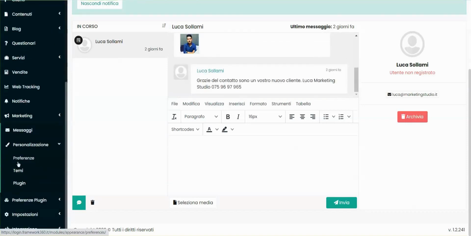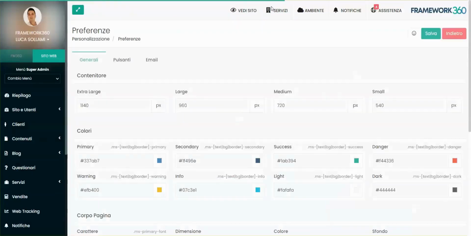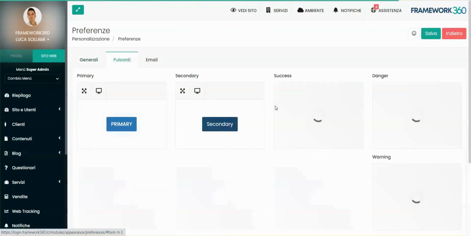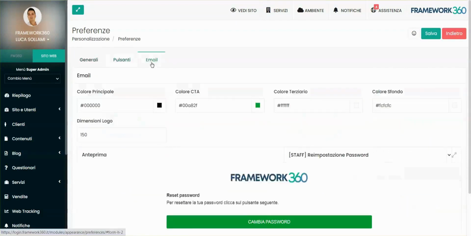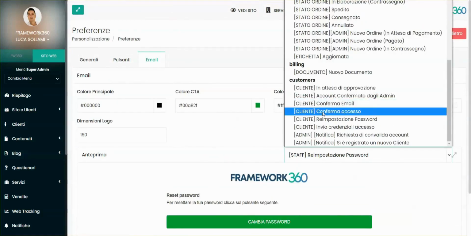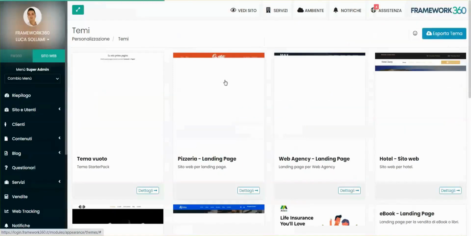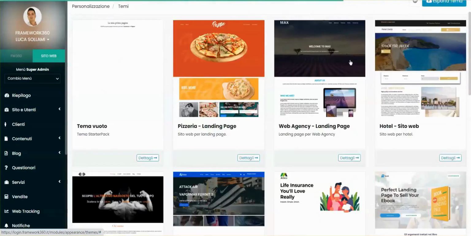Moving forward, under customization, we find the global theme preferences. Basically, we can select what type of buttons we want to appear on the website globally. We can select the emails that are available, meaning the emails that arrive as notifications. Under themes, we will be able to simply select the available themes,